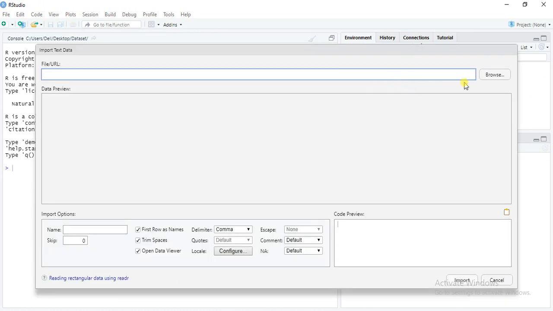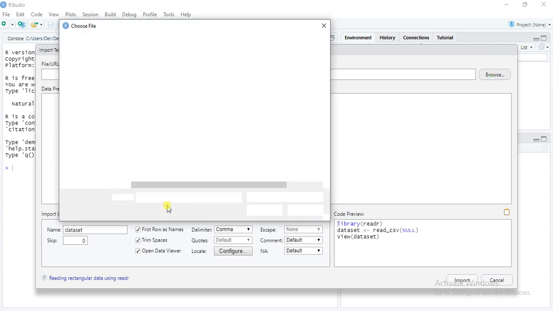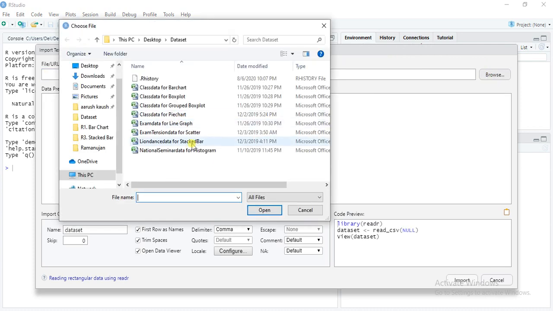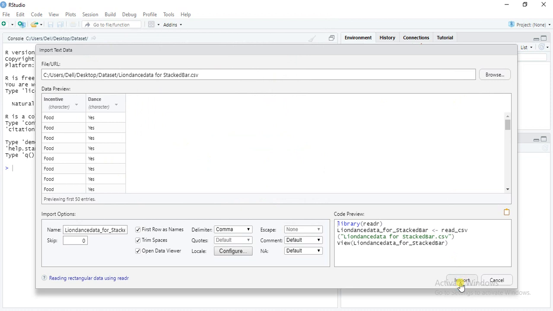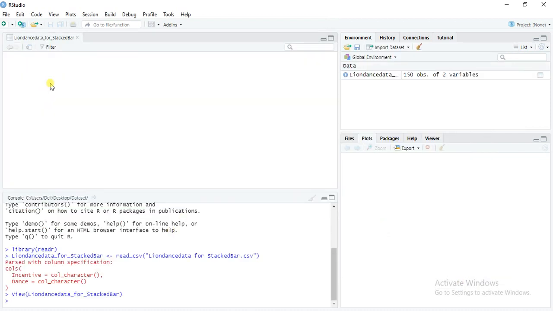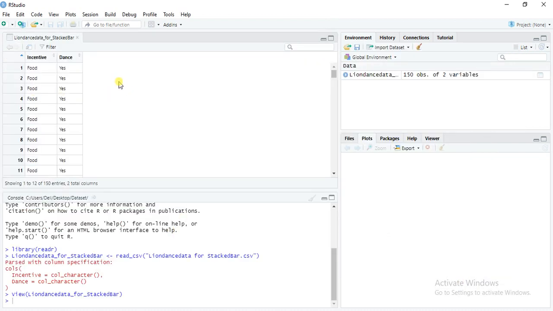I have kept my data in the working directory. The name of this file is Lion Dance Stack Bar, and then import this particular file to run the stack bar. So here my file looks like this.